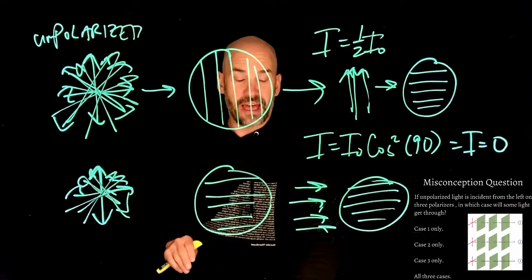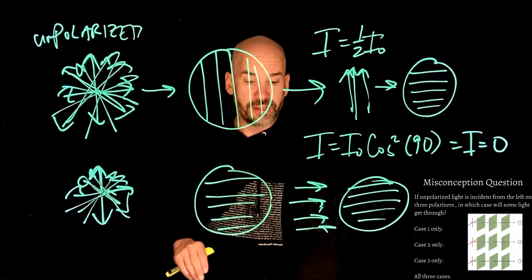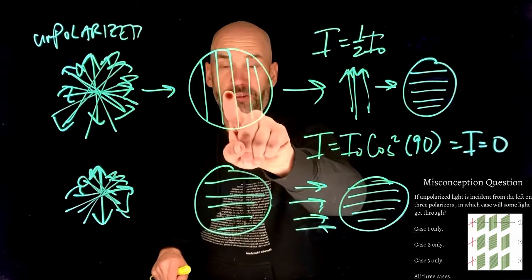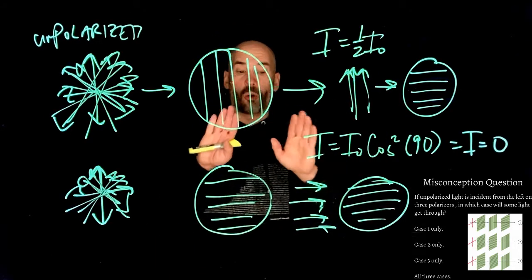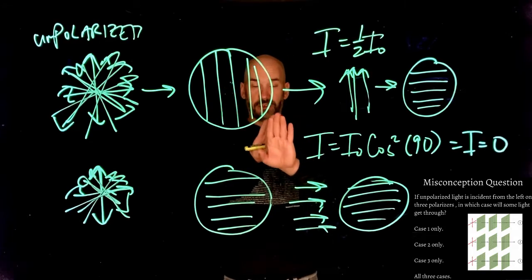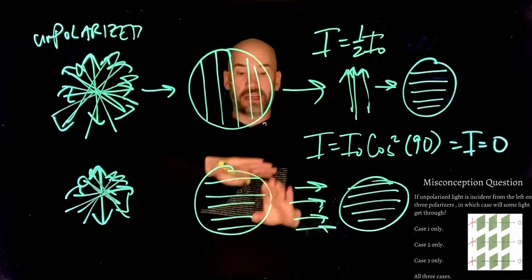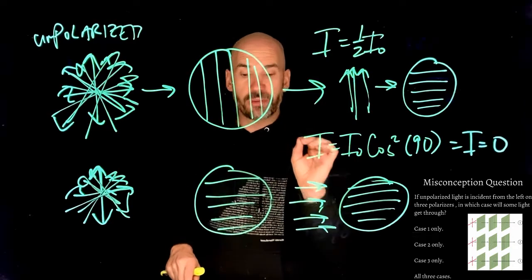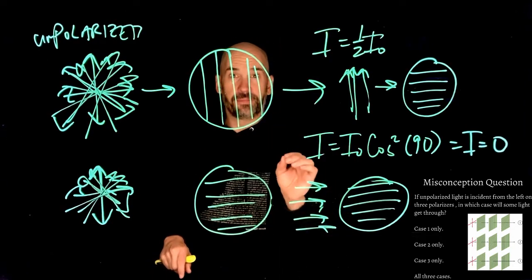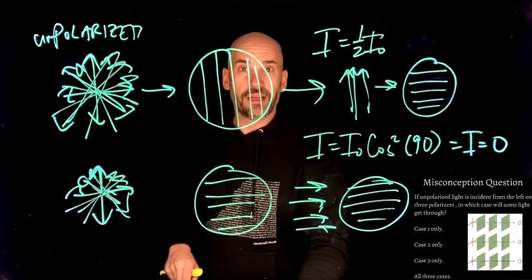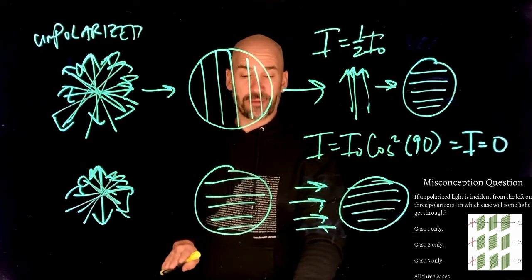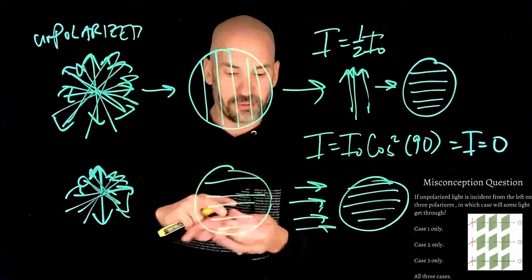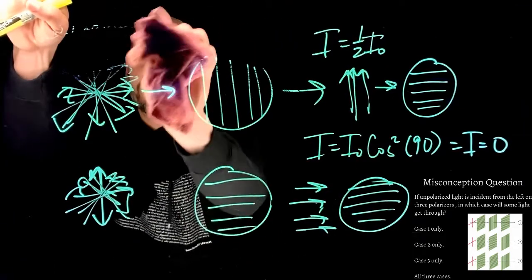What cases have that? Well, I look at case 1 and case 3. In both cases, I see a vertical and a horizontal polarizer oriented directly in front of each other, which will cut off all light. So in cases 1 and 3, no light will come through, so that leaves only the possibility of case 2. Okay? So what about case 2? What's going on there? This is really, really interesting, right? For case 2,